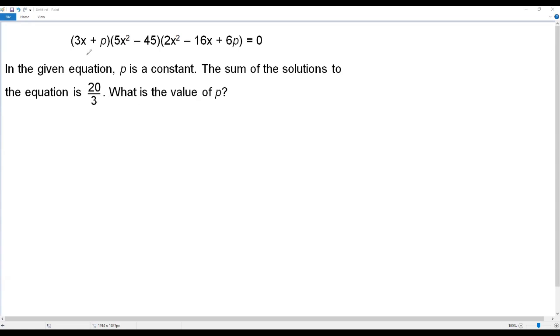Okay, in this equation on the left side, it is in factor form and it contains 3 factors. The first one is a linear factor, the second one is quadratic and the third one is also quadratic. So the degree of this linear factor is just 1, that is the largest exponent of this one is 1. And here the largest exponent of x is 2, and here the largest exponent is also 2. So if I solve this equation, I'll be getting 5 solutions. And the sum of those 5 solutions is equal to 20 over 3, and we have to find the value of